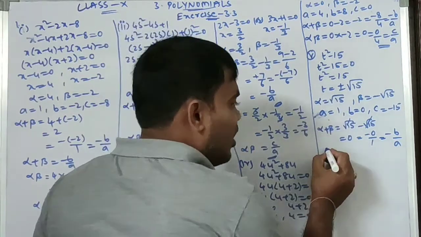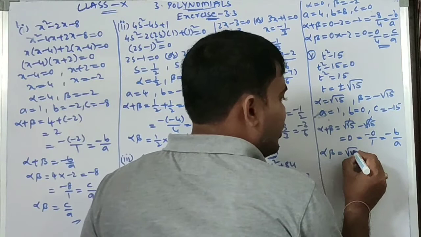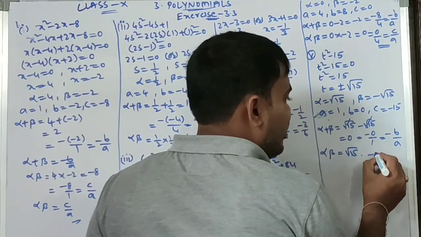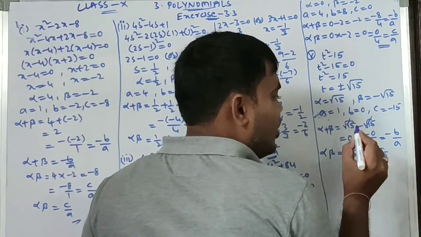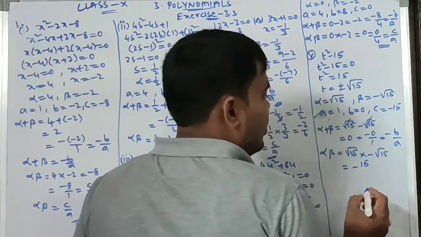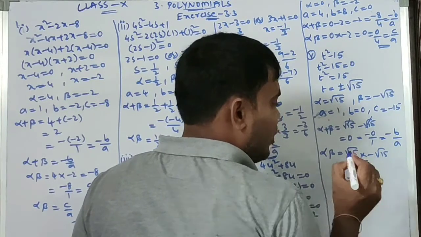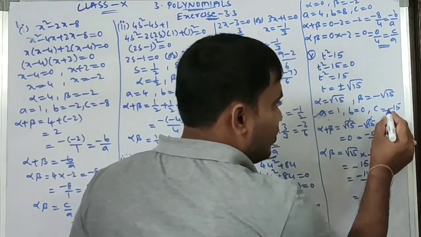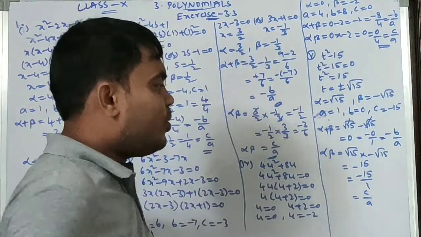Next, alpha beta equal to root 15 into minus root 15. So minus root 15 into root 15 is 15. I will write this as minus 15 equal to minus 15 by 1. So minus 15 equal to C, 1 equal to A. So alpha beta equal to C by